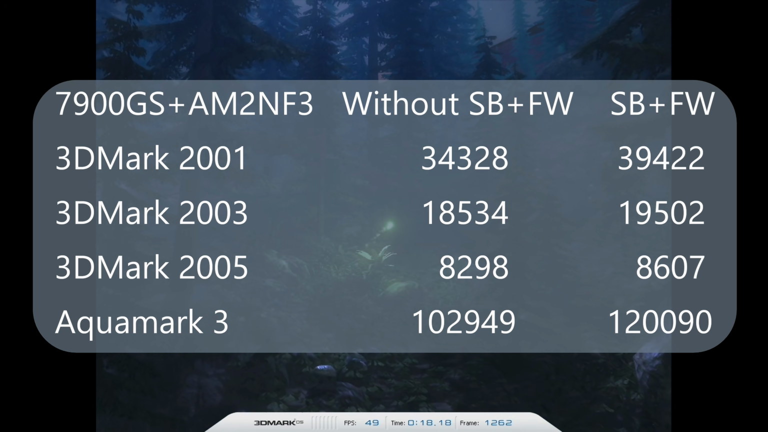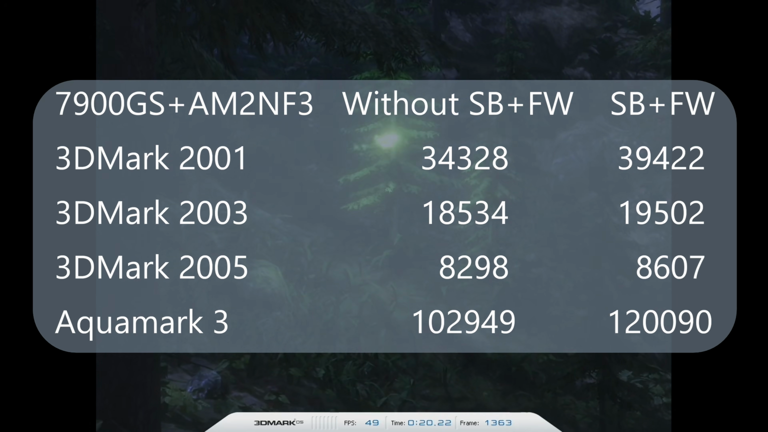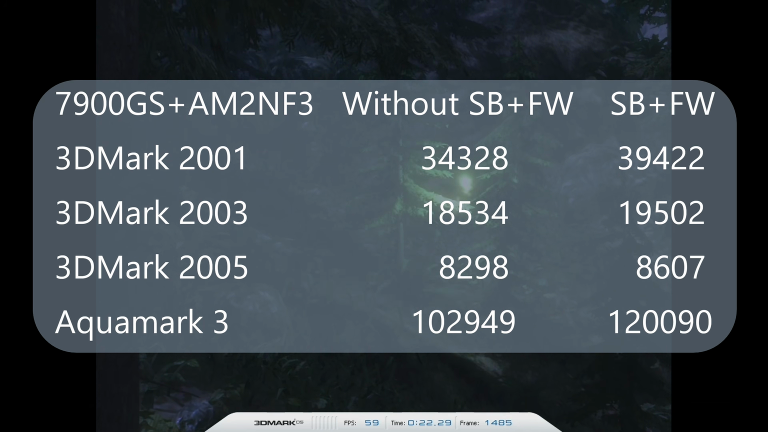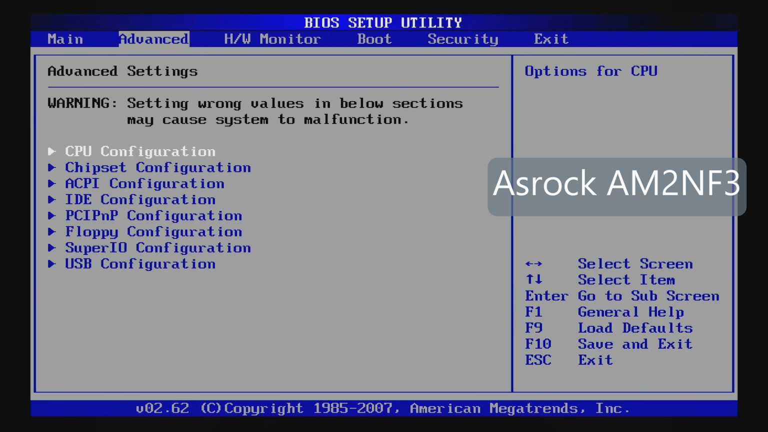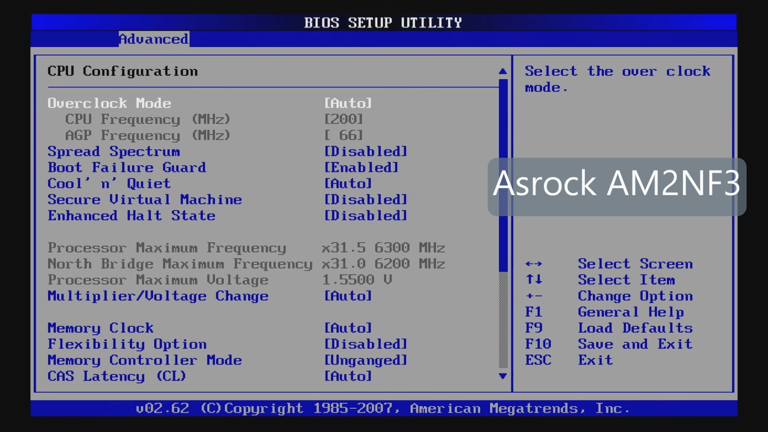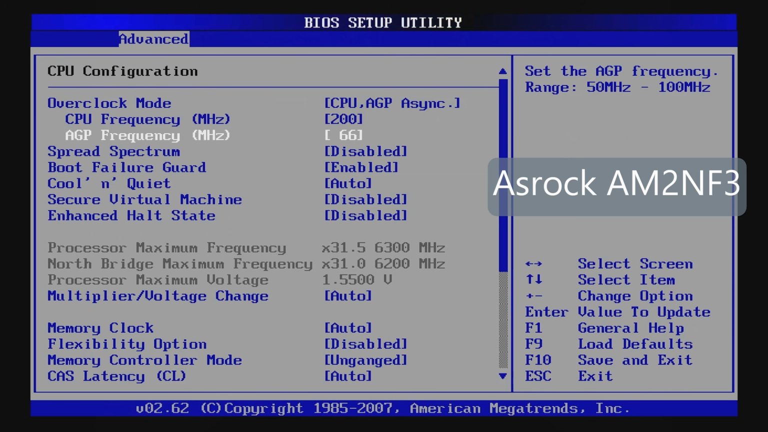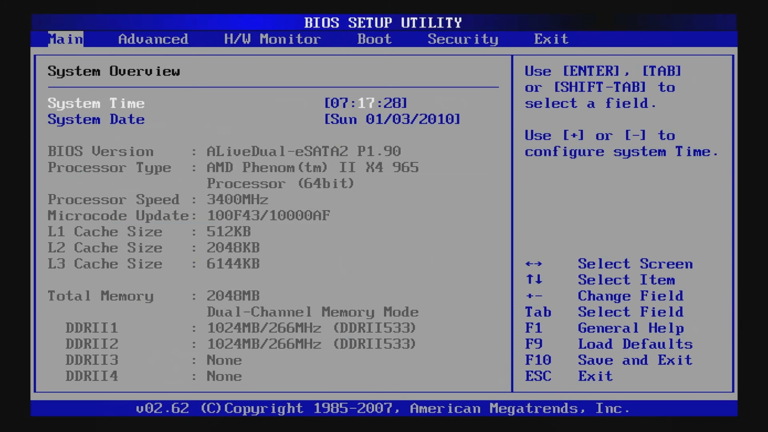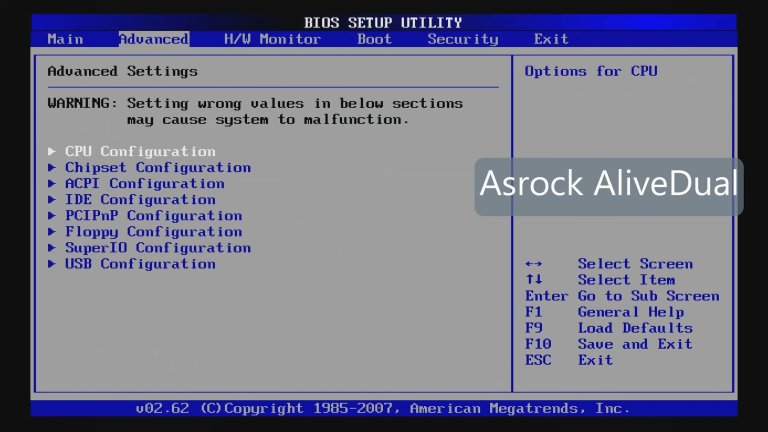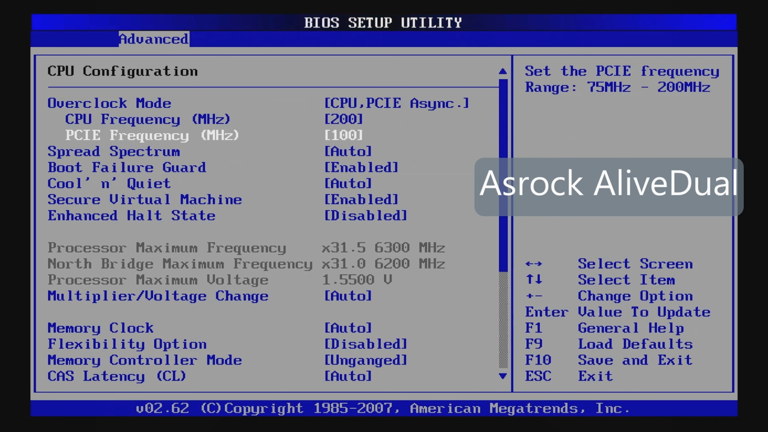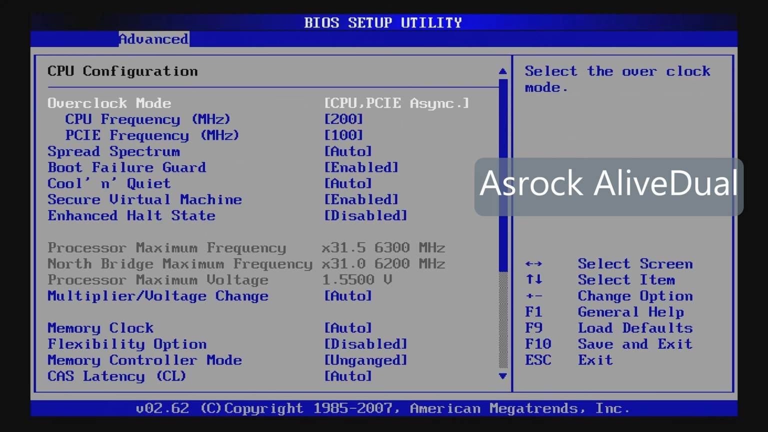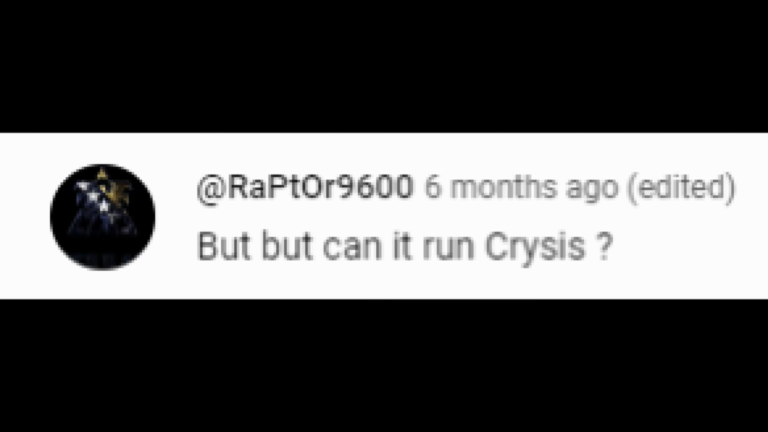This leaves us with two questions. Which one of the two ASRocks is better, the AliveDual or the AM2 nForce 3? My pick is the AM2 nForce 3 because you can overclock the CPU and keep the AGP frequency at 66 MHz, an option that is not there for the AliveDual. Instead, the AliveDual only has control for the PCI Express frequency. The second question is the eternal: